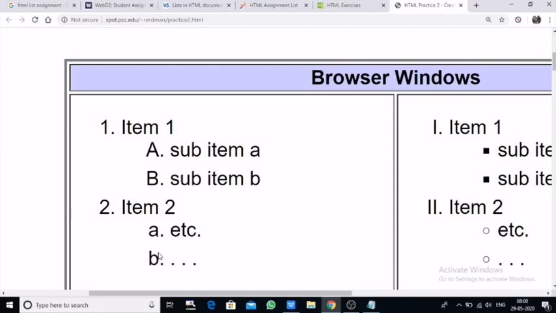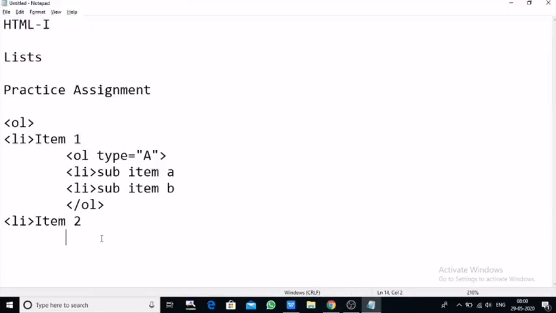Again, here small a and b are there. So when small a and b are there, we again need to use OL with the type attribute. OL type is equal to what? Small a. Then again LI, then again LI.